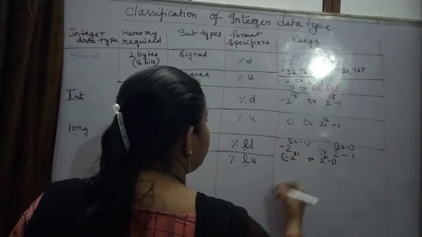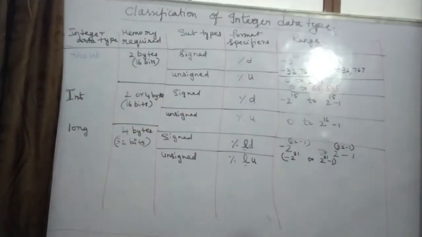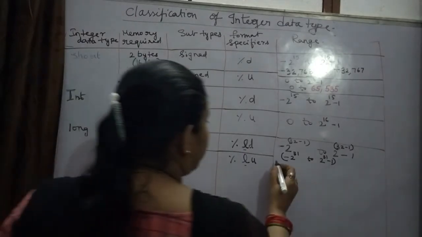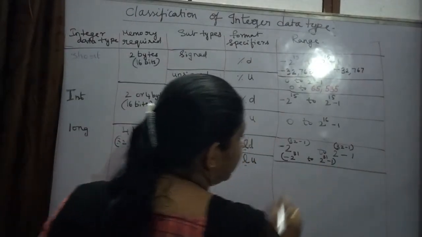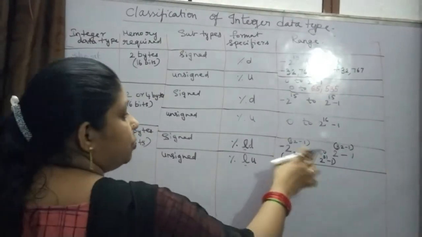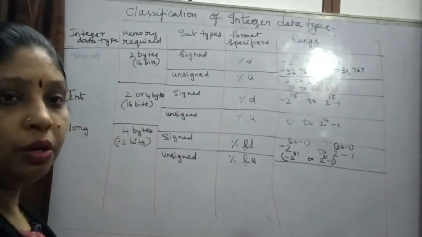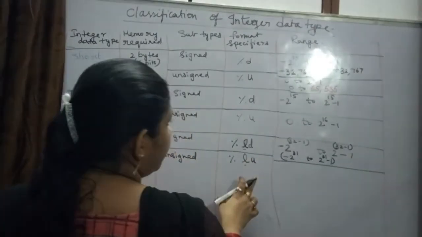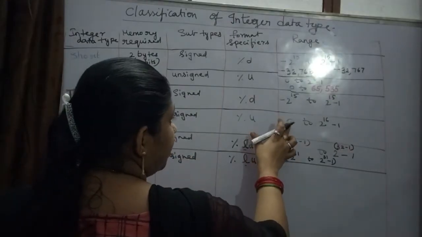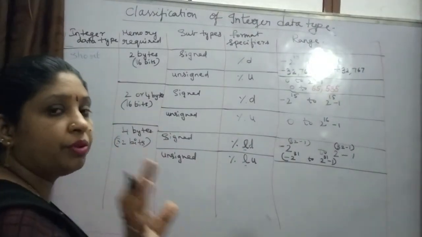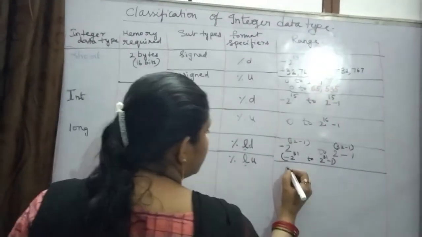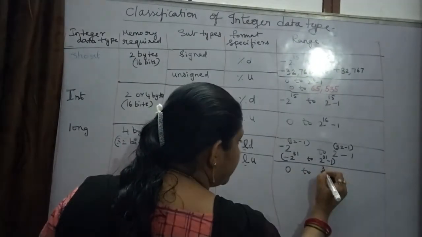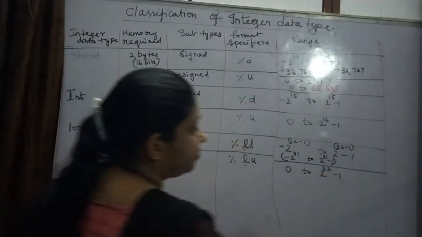So this will come around, if you calculate, you will be getting some big value. So you just calculate and check it out. I have given the range. With this you just take the calculator, or by hand only you can check it out. And here also you are going to use this formula only, that is 0 to 2 to the power of n minus 1. So the range will be from 0 to 2 to the power of 32 minus 1.